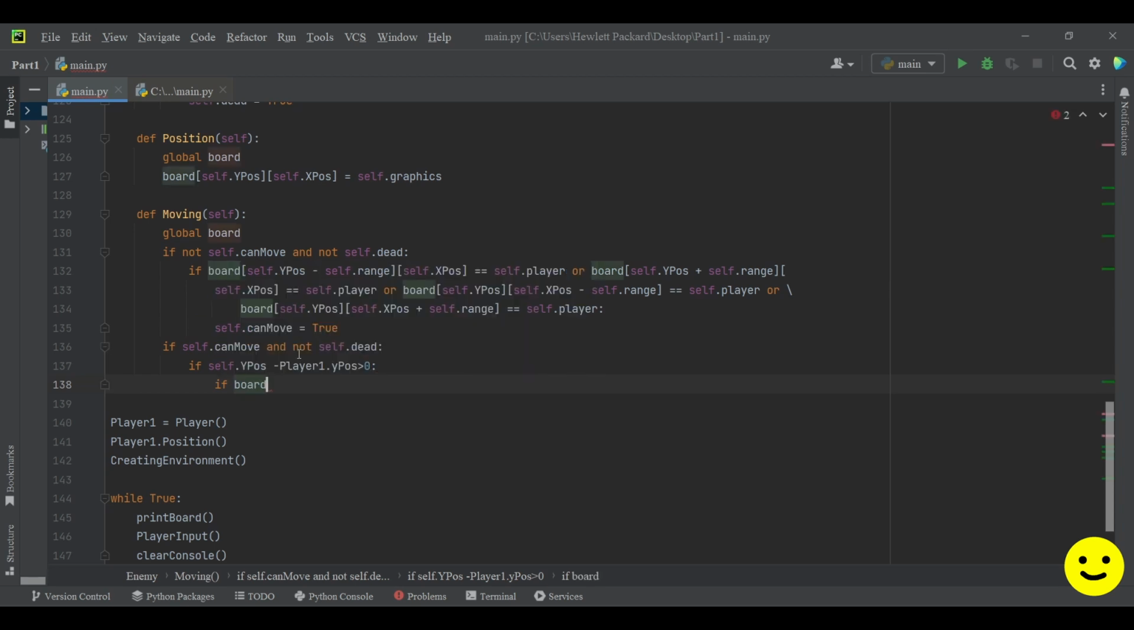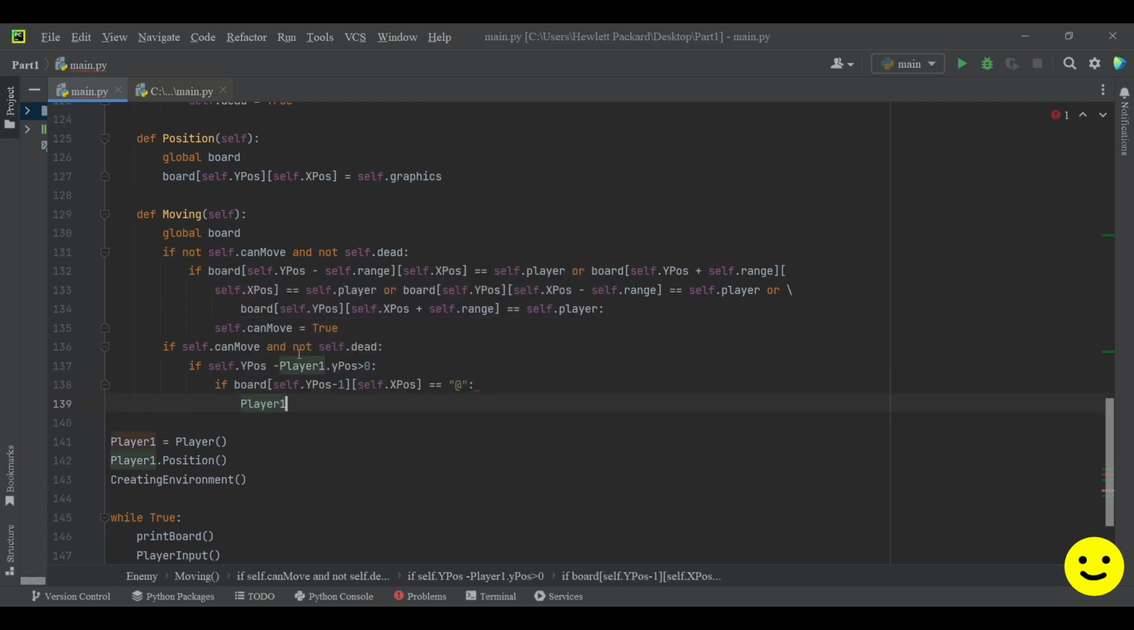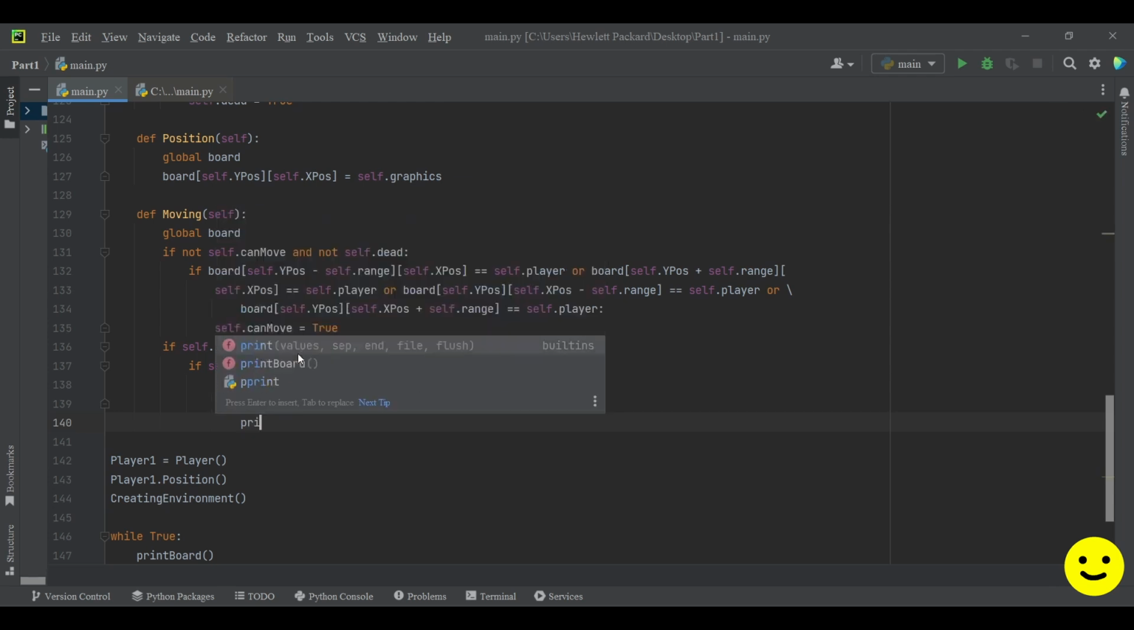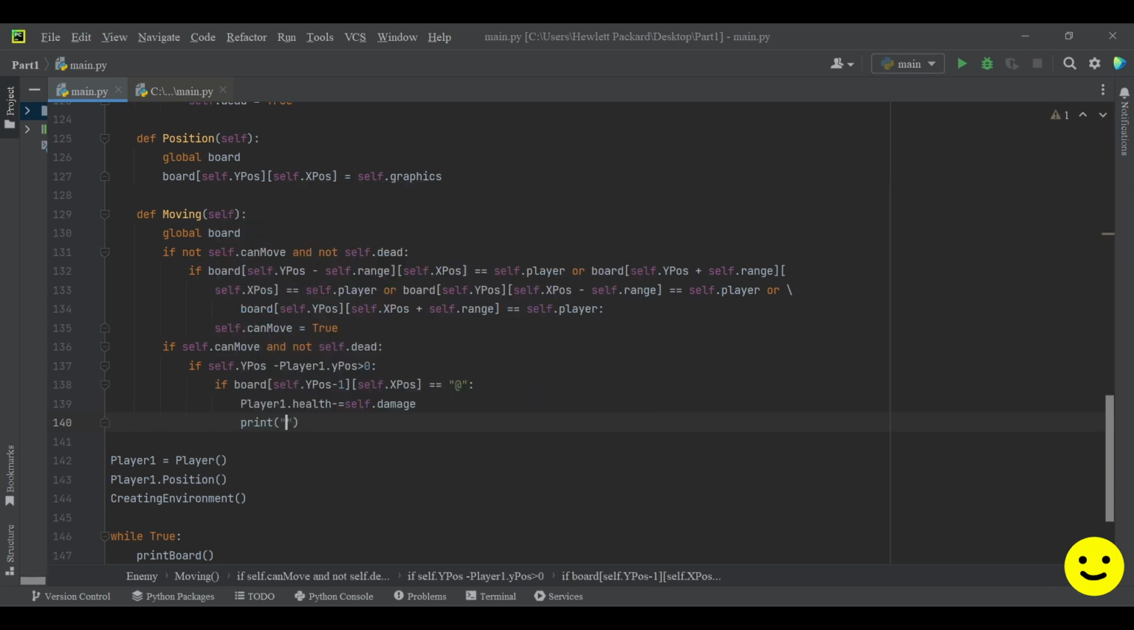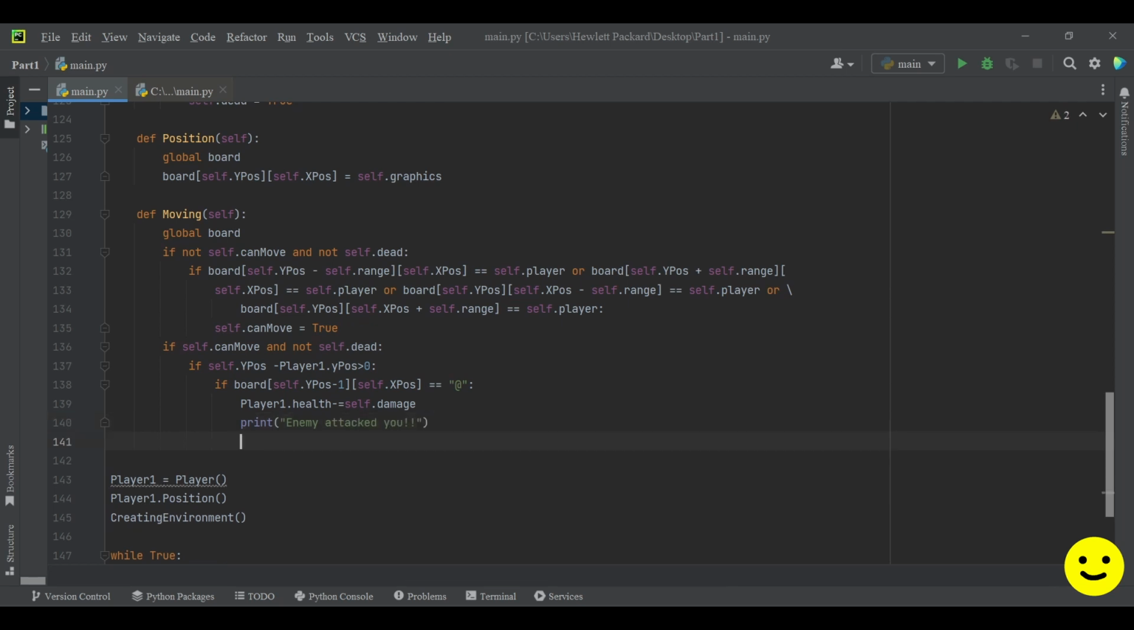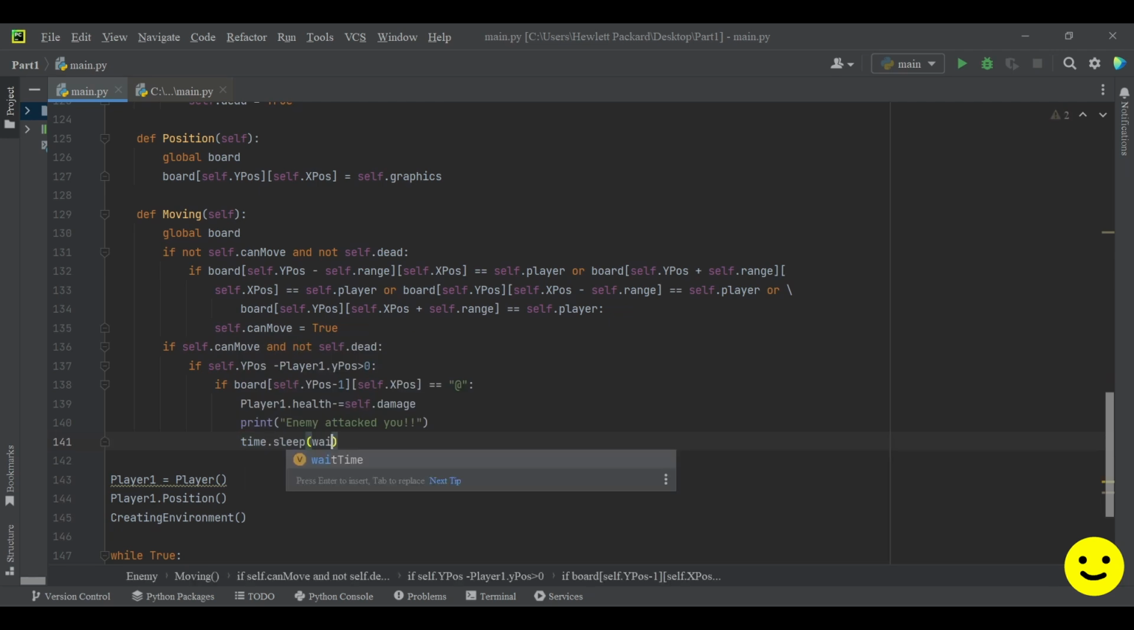Then we have to check if board of self.yPose minus 1 and self.expose equals player. Then we want player1.health minus equals self.damage. Then we want to print enemy attacked you, and then we want to time.sleep with wait time,